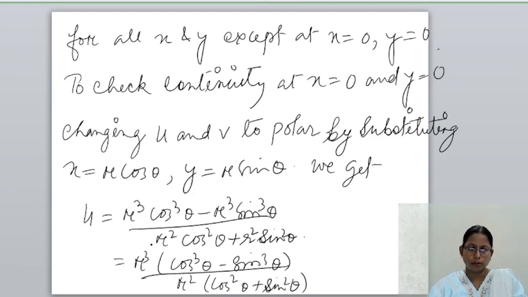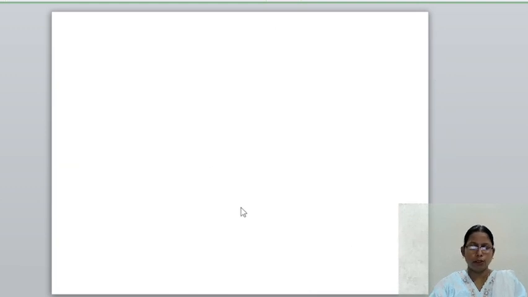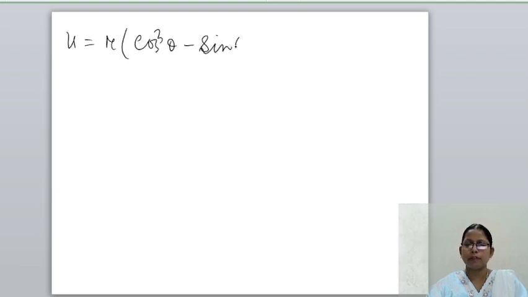The r² cancels with r, and it becomes r(cos³θ − sin³θ), which tends to 0 as r tends to 0,